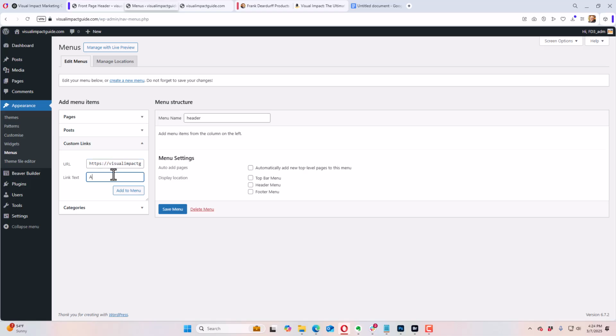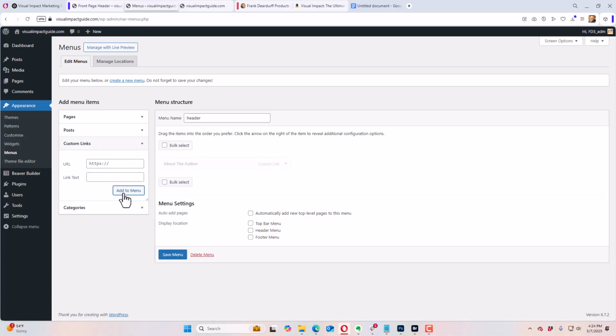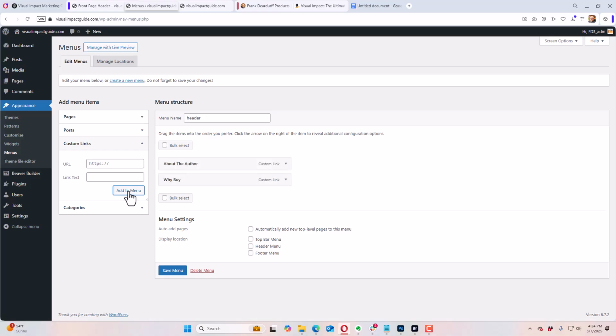So about the author, we need to go back and add that ID tag on there. About the author, add to menu. So it adds that there. We're going to add the other one that we had here. We're just going to click there. Why buy? I think is one of them we did set. Add to menu, and then I'm going to go ahead and click